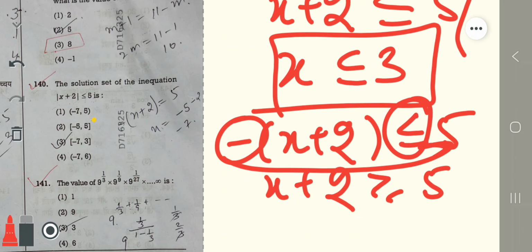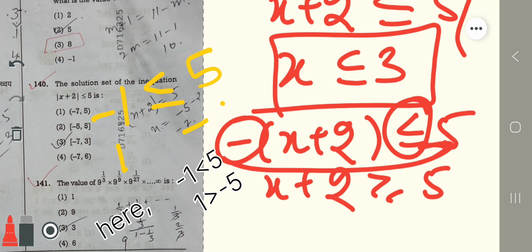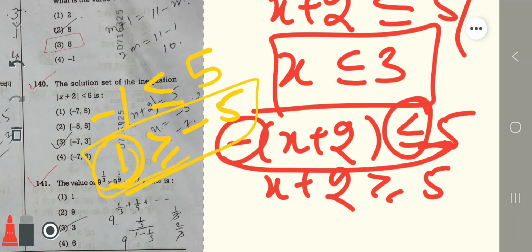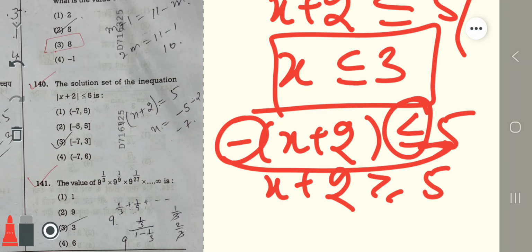अगर मैं देखो -1 is less than 5, less than equal to 5. अगर मैं इधर माइनस को हटा के इधर लेके आऊँगी तो 1 is greater than equal to -5. इसलिए हमेशा जब भी हम माइनस साइन को इनइक्वालिटी के केस में ट्रांसफ़र करते हैं तो हमेशा ये जो साइन है ये अपोजिट हो जाता है, ठीक है, चेंज हो जाता है, greater than वाला less than में चेंज हो जाएगा, less than वाला greater than में चेंज हो जाएगा, राइट। सो इसको सॉल्व करेंगे तो कितना आ जाएगा,